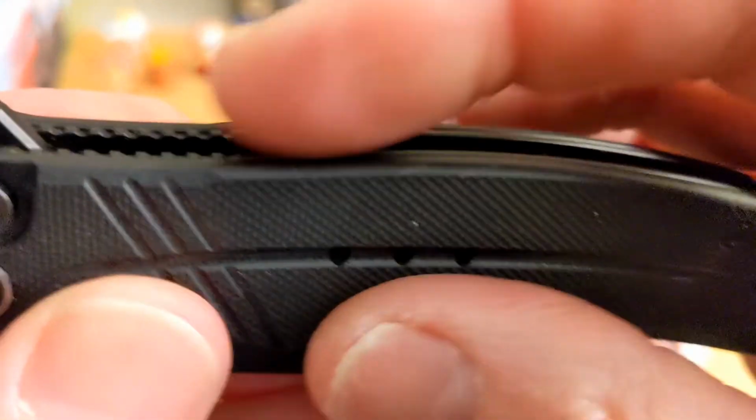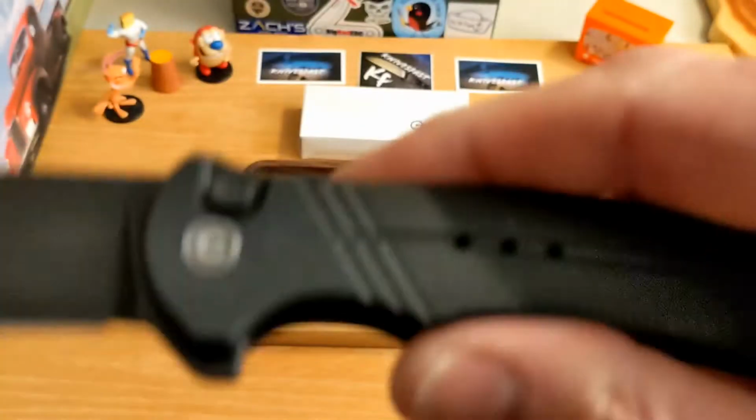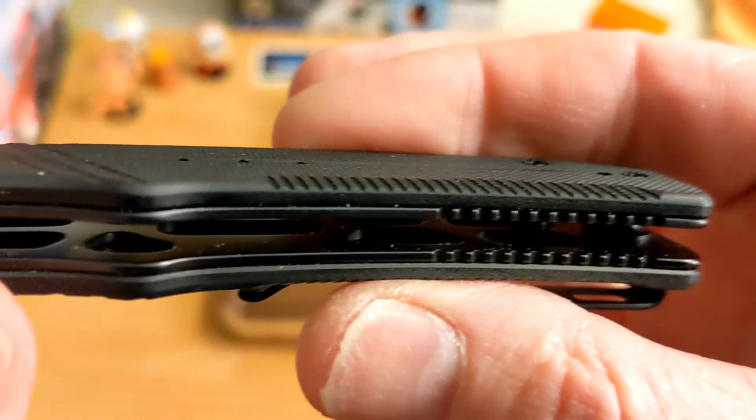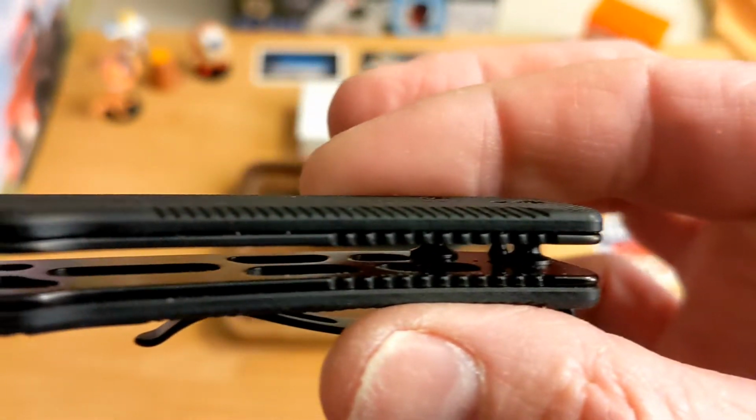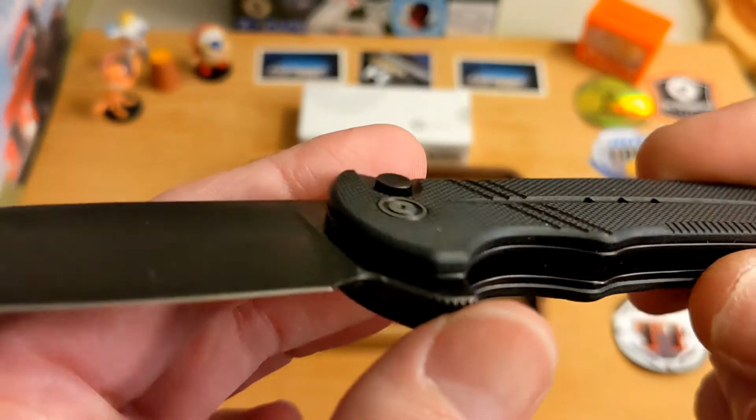You do have steel blacked out liners that are sunk below, and the liners do have some cutout pockets there, skeletonization for weight relief, and we'll go over all the